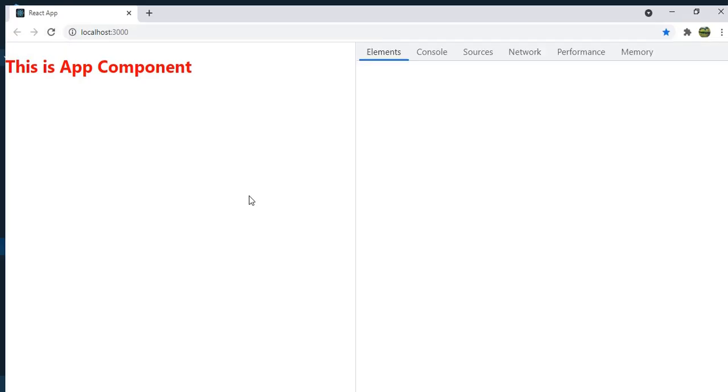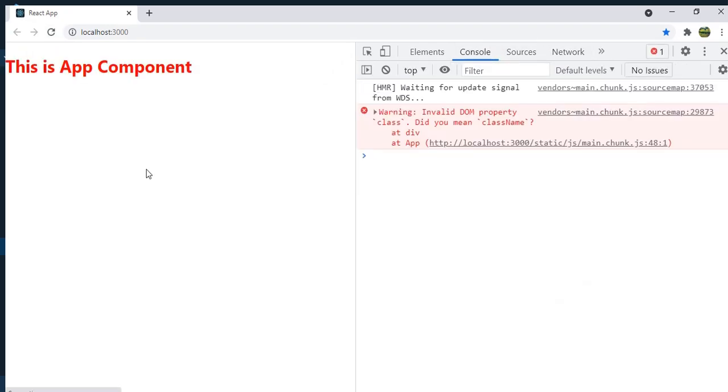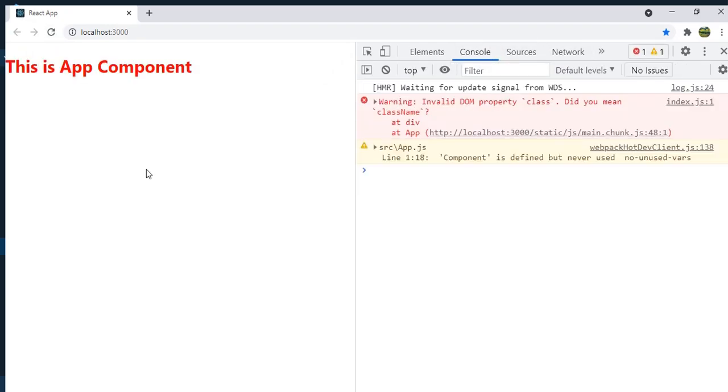You can see the app component and the red color, but we still see a warning: invalid DOM property class. Did you mean className? Yes. Though it is showing the red color because class is an HTML attribute and it is parsed, you can see the warning.